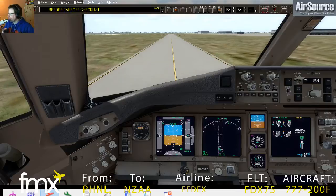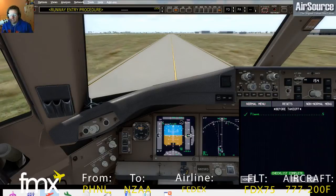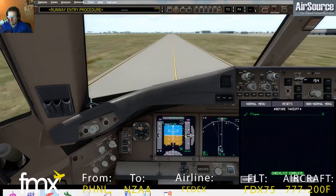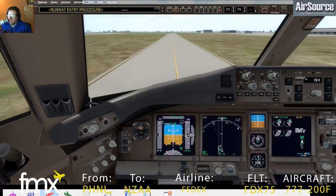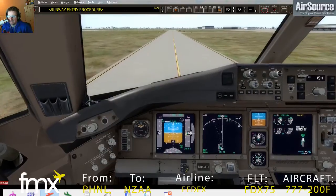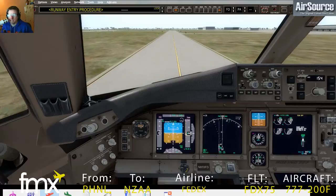Alright, clear of the apron. Before takeoff checklist. Before takeoff checklist complete. We should also do a cheeky brake check. Oh, they work. Just smacked my head up against the